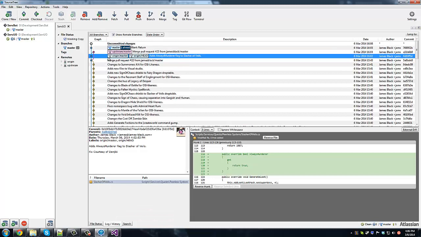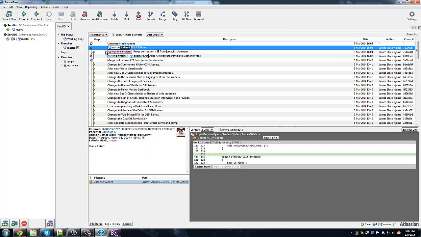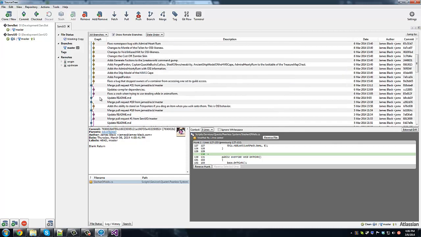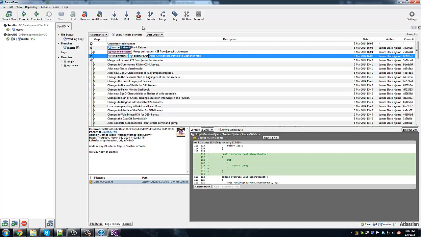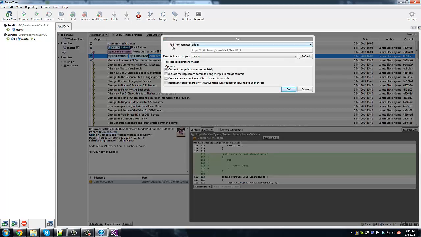Okay, so now you'll see we have this kind of unclean state of history. So the whole point is we want this to merge in, but we want this history to stay nice and clean like this. So what we're going to do is say pull, and pull from remote. So basically I'm saying I want to pull from the core master branch. I want to pull in everything, and I want to do a rebase instead of a merge. So what this means is instead of trying to merge the files like a zipper, it's going to take my changes, pull them off to the side, pull down all the other changes from the core, and then put my changes on top. So if I go ahead and hit OK,